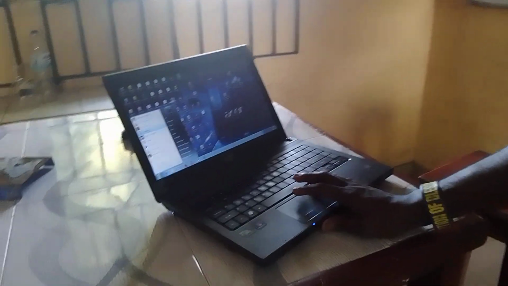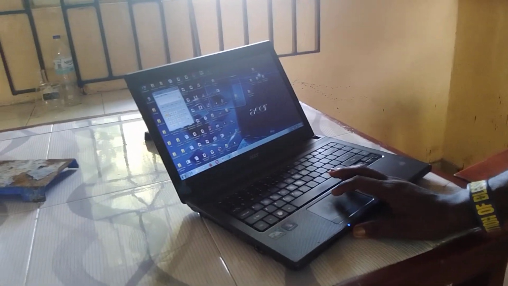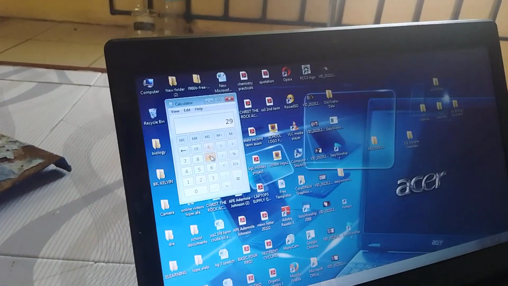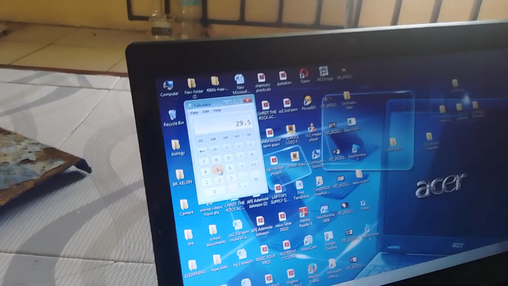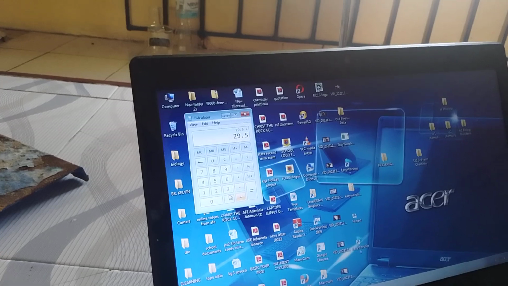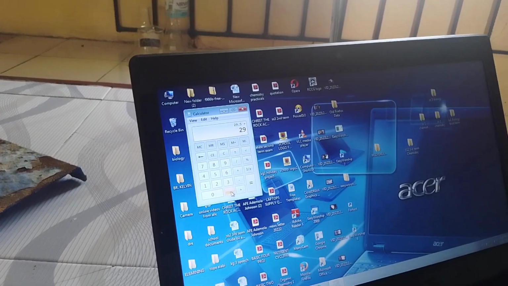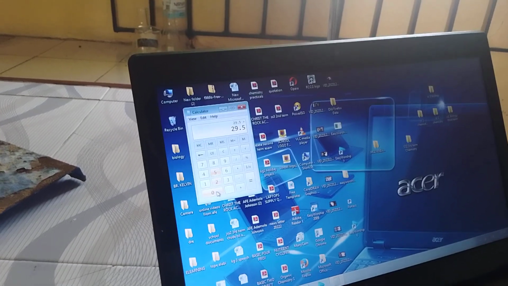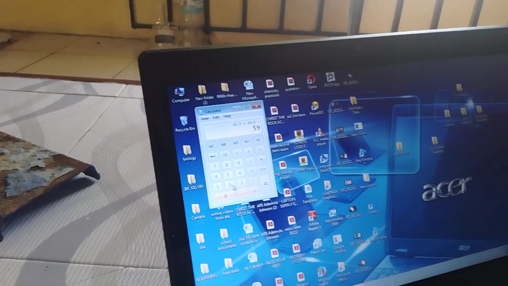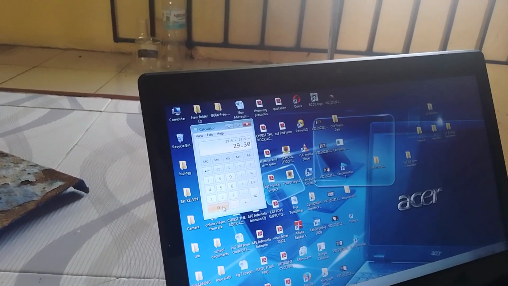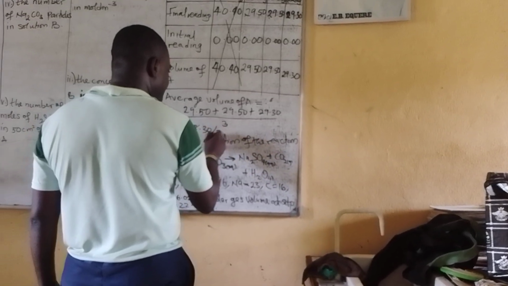in my calculator, I want to add them together. I have 29.50 plus 29.50, then plus 29.30. What is it giving me? It's giving me 88.30. 88.30 divided by 3. What is it going to